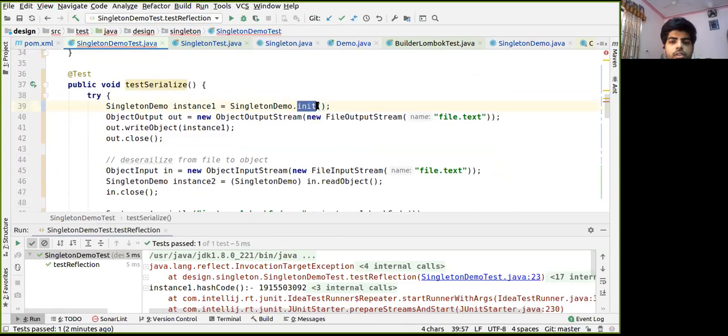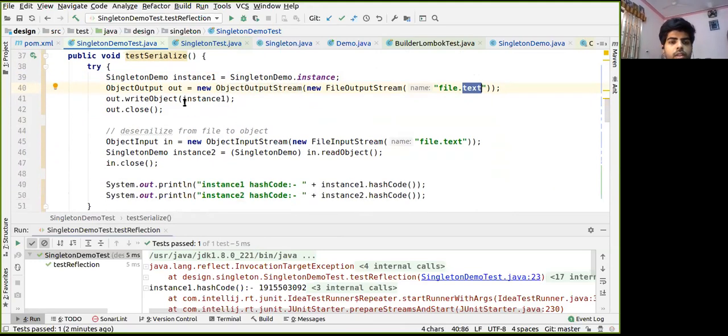Okay, so here we use the instance, and then we create an output stream where we initialize a file, and we write this object to that file. Then we use the same file in an input stream to create that object back.